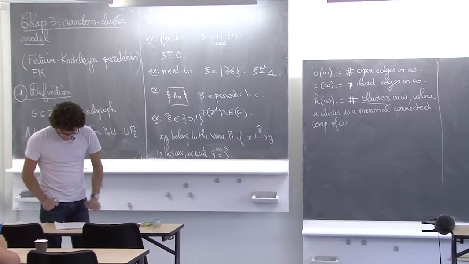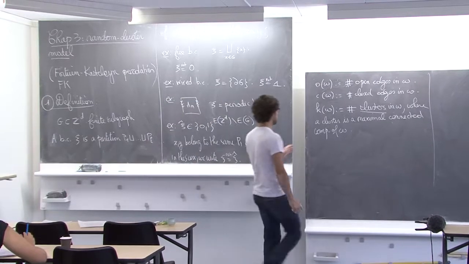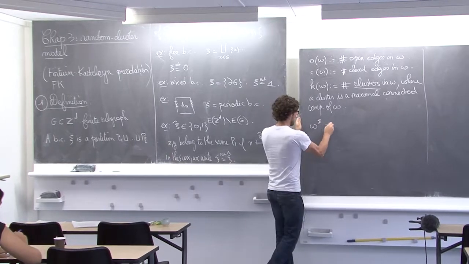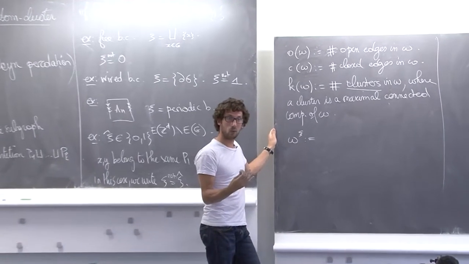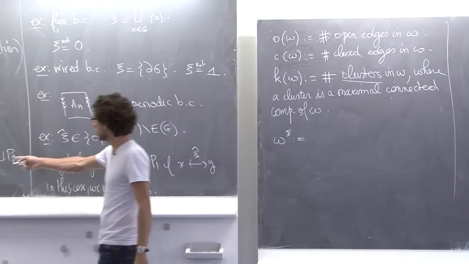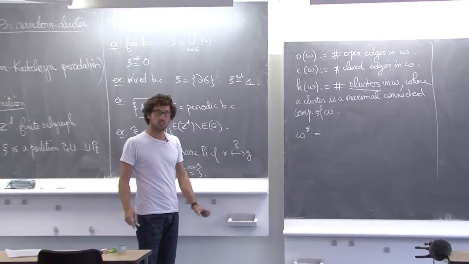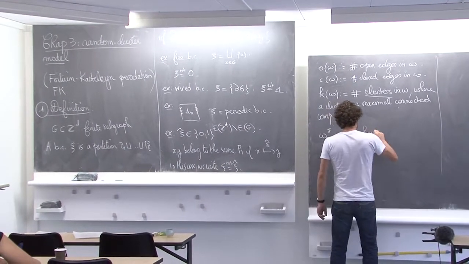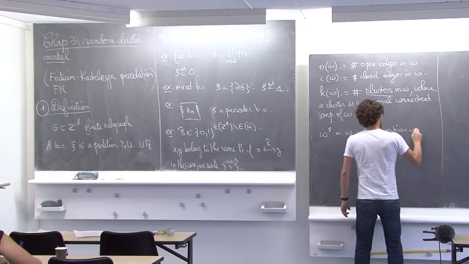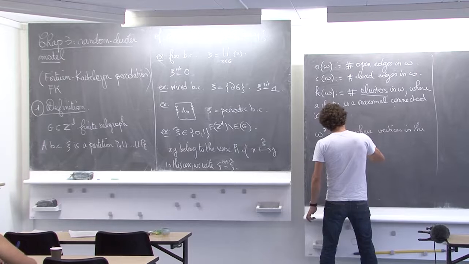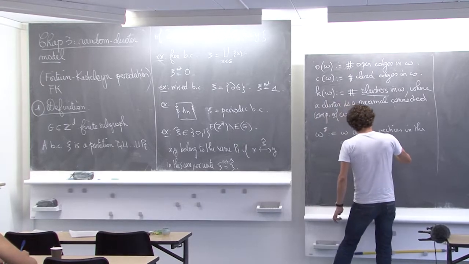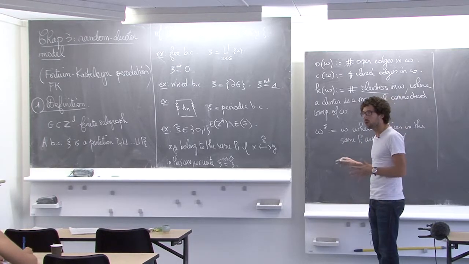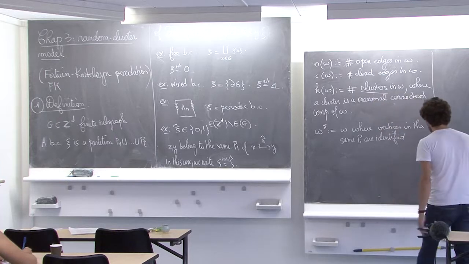Okay, I think we are basically there. The last definition is going to be the following. Omega to the psi, like that, is just the graph omega when I quotient by the relation given by this partition. So I identify vertices which are in the same part of the partition. So it's omega where vertices in the same part of pi are identified. I'm just going to use it for the definition, so I don't want to spend too much time, and it's going to be clear what I mean by that. So now, definition.